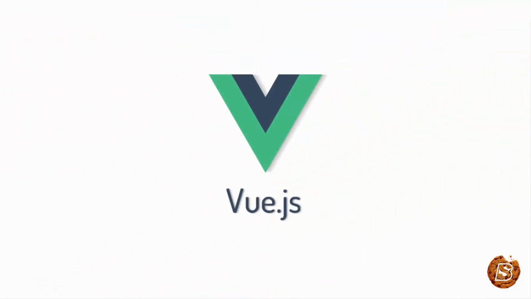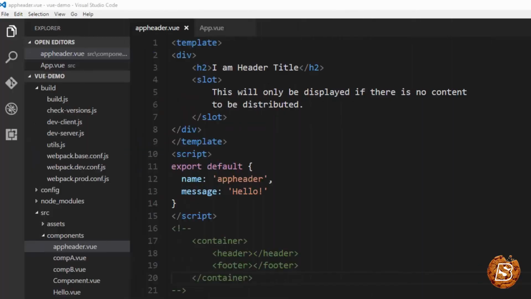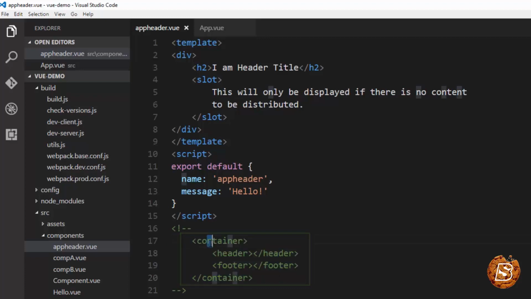In this lecture, we'll be taking a look at content distribution with slots. So just assume that we need to create a particular component which should look like this: a container, which should contain a header component and a footer component. Till now we have just seen that whatever component we are creating, the template for that component gets rendered